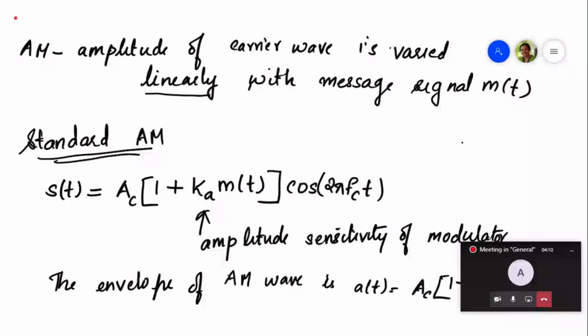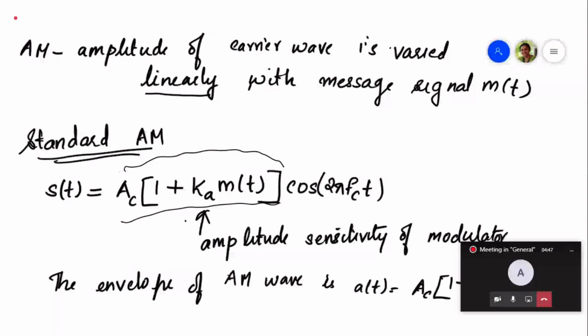There can be different interpretations for an amplitude modulated wave depending upon the frequency content of the modulated wave. But first, let us start with the standard AM. Standard amplitude modulated signal means a modulated signal will look like this. You had a carrier Ac cos 2 pi fc t, and now this will be the maximum amplitude, the coefficient for cos 2 pi fc t, and it is varying according to the modulating signal.